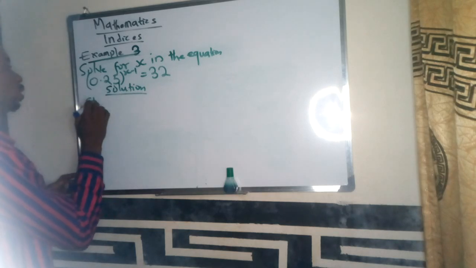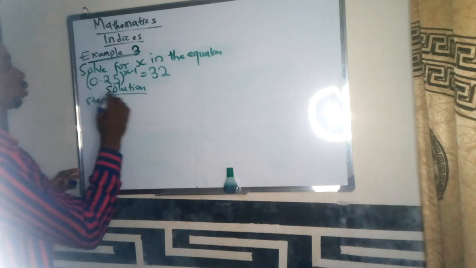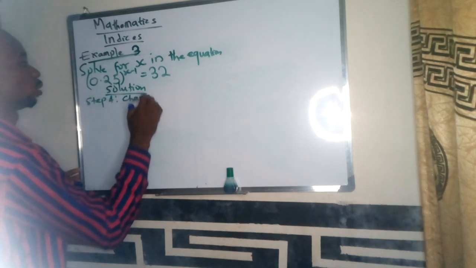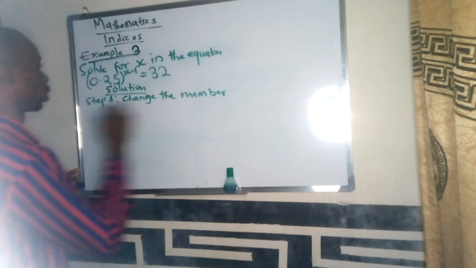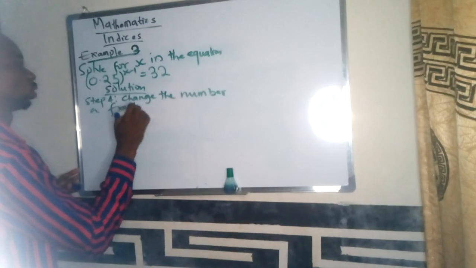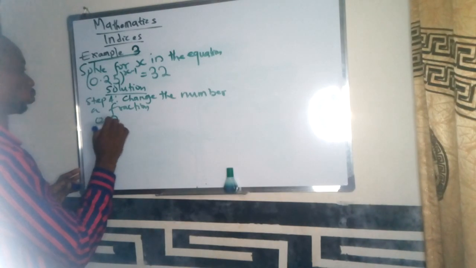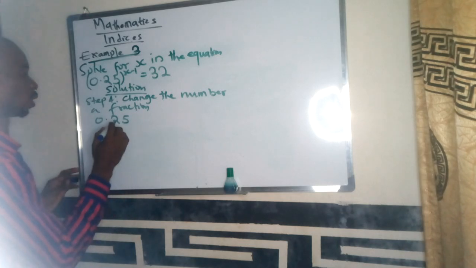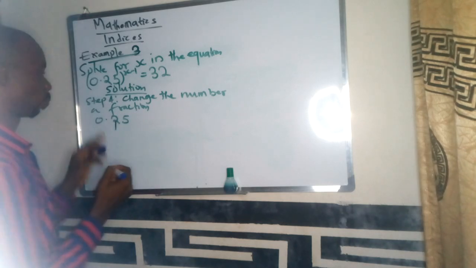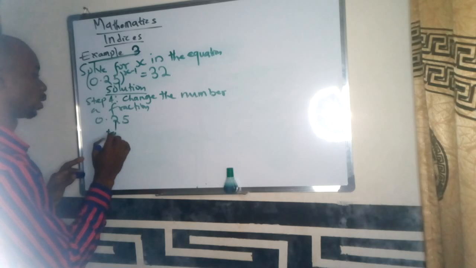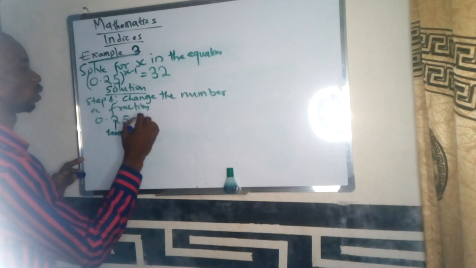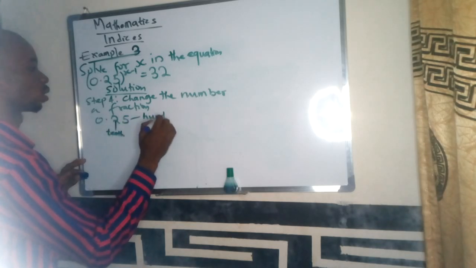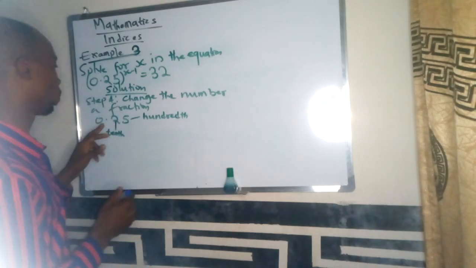So we'll say step 1: change the number to a fraction. Now, what number are you changing to a fraction? 0.25. Use the place value system, because after the decimal point, the first place value is tenth, while the second one is hundredth. If you don't want to use the place value system, immediately after the decimal point,